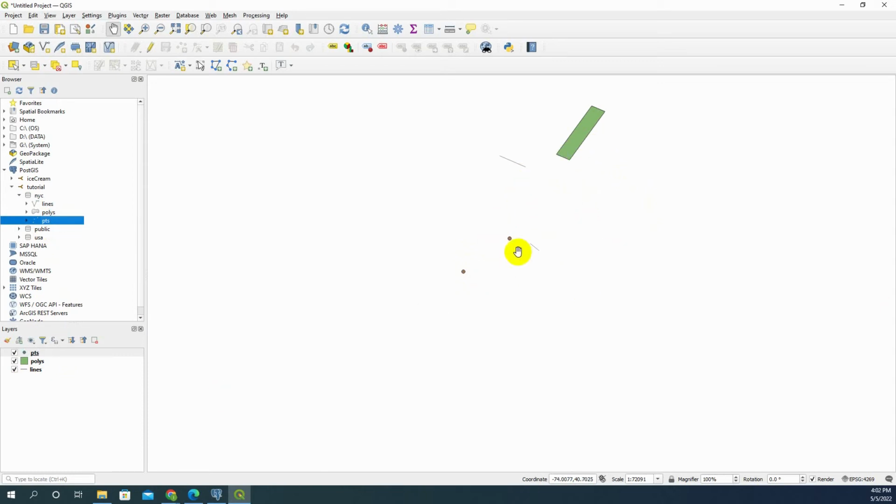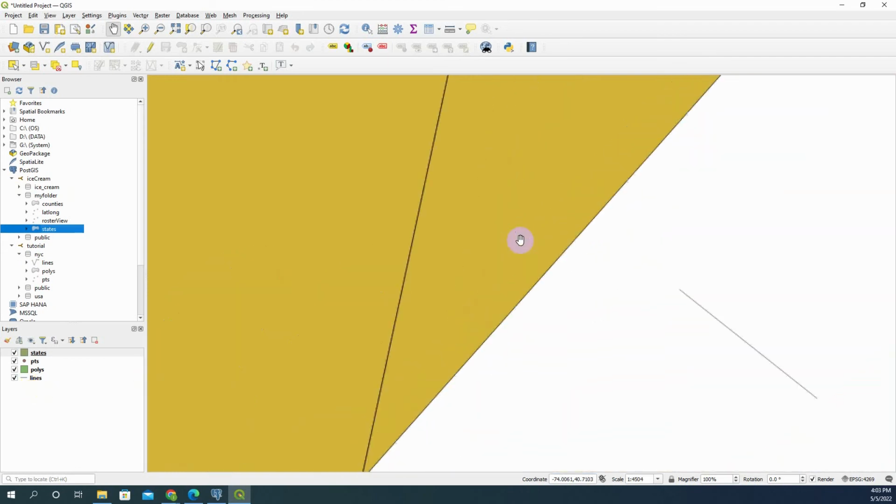To view their reference, we can use the state shapefile of the United States of America, so that we can see where the point, line, and polygon features are situated in New York City. I have already uploaded a shapefile of the US states. That should be in my folder. Let's drag this state layer. Okay, now